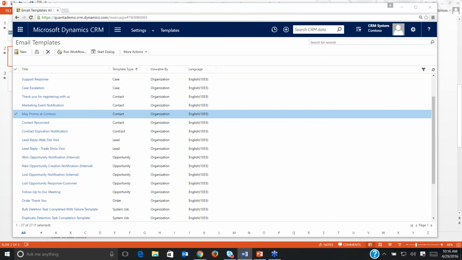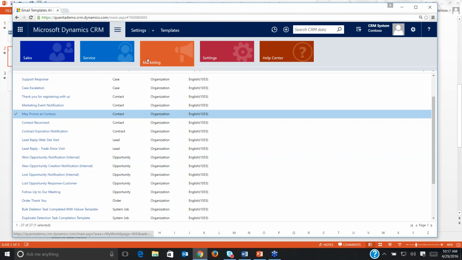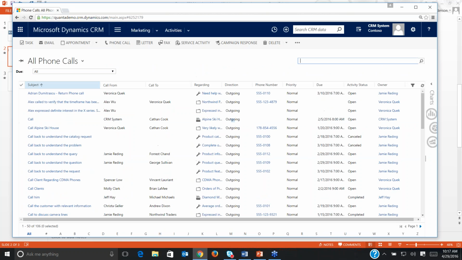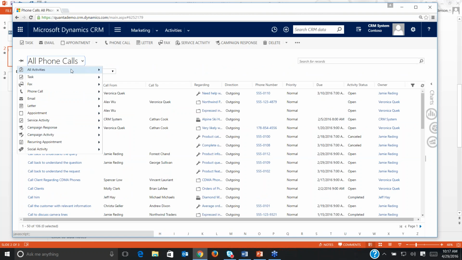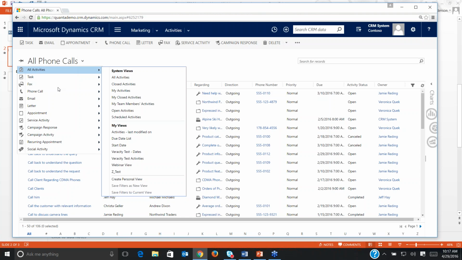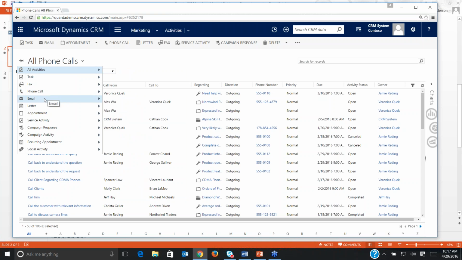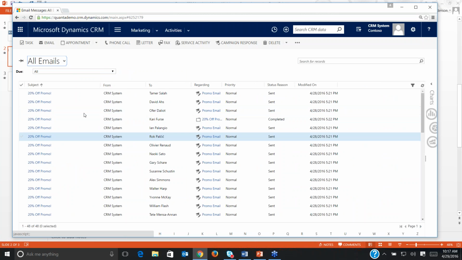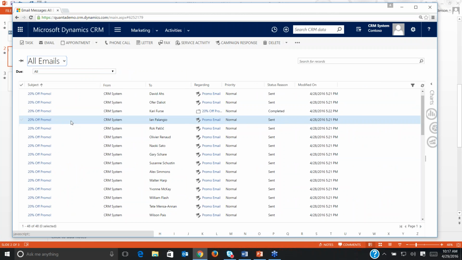And so let's just take a look at activities for one more second. There's a lot of ways to filter and sort activities. If I go under activities, I kind of looked at, we have all activities, we have phone call activities, we have email activities, and there would be a way to, again, filter these activities based on